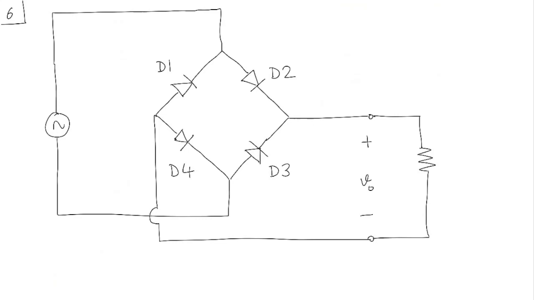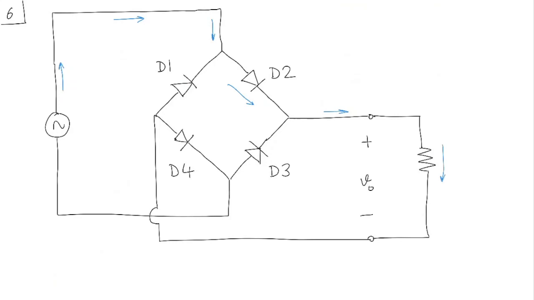When the voltage is positive, in which direction would the current flow? The current would flow in this direction, right? And if the current flows like this and it flows here, how can the current go? Can the current go through this diode? No, it cannot. So the current will try to go through this diode, and it's possible if D2 is forward biased. Then can it go through D3? No, it cannot. So the current will have to follow this path,